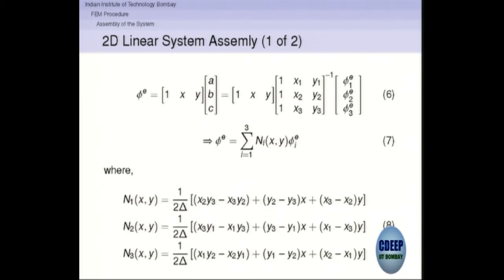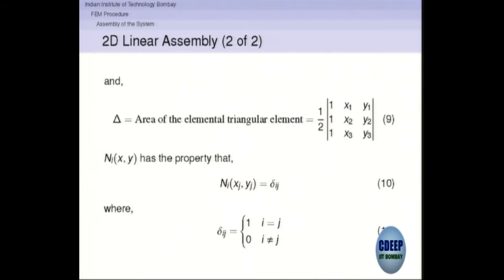Is it clear? So one more interesting property is this: n1, n2, n3 are the shape functions. n1 is 1 at node number 1 and 0 at node numbers 2 and 3. And del, of course, is the area of the element. Now this has to be like this, because